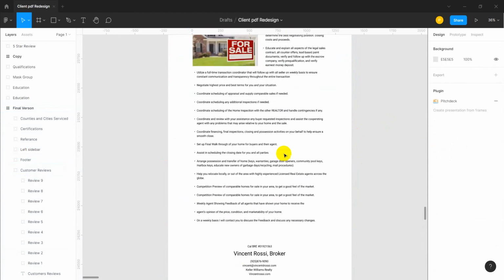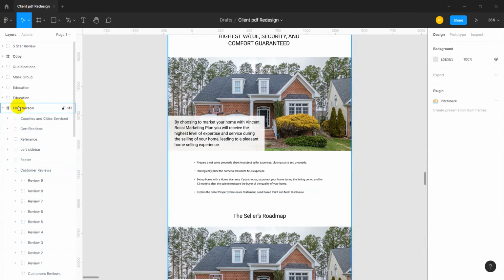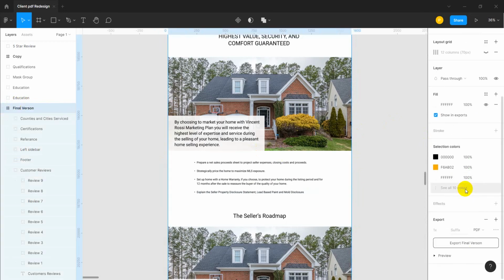And after the end of the task, just select this final version and here is the option to export as final PDF. Final version means this name, and export means this text, images and all things get converted to PDF, SVG, JPG, PNG.